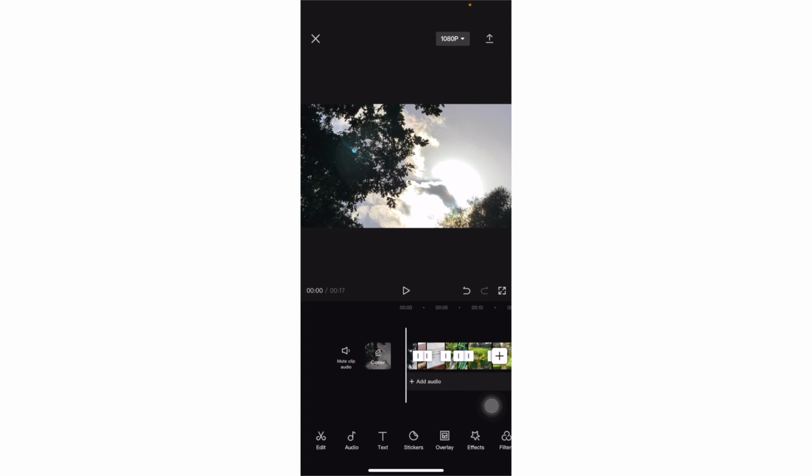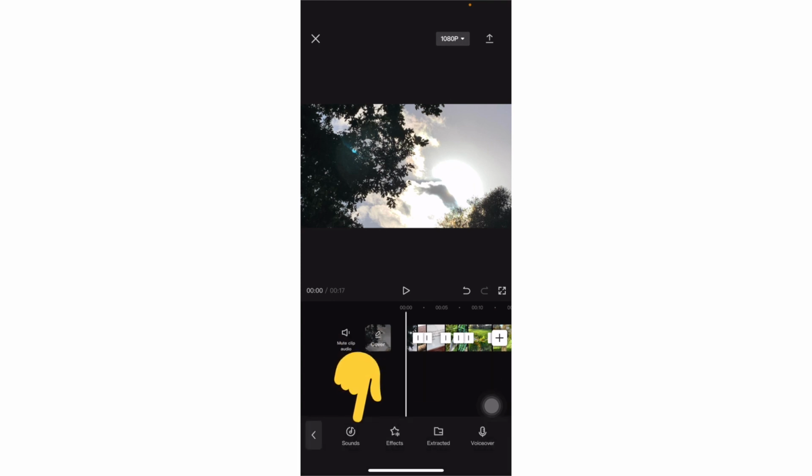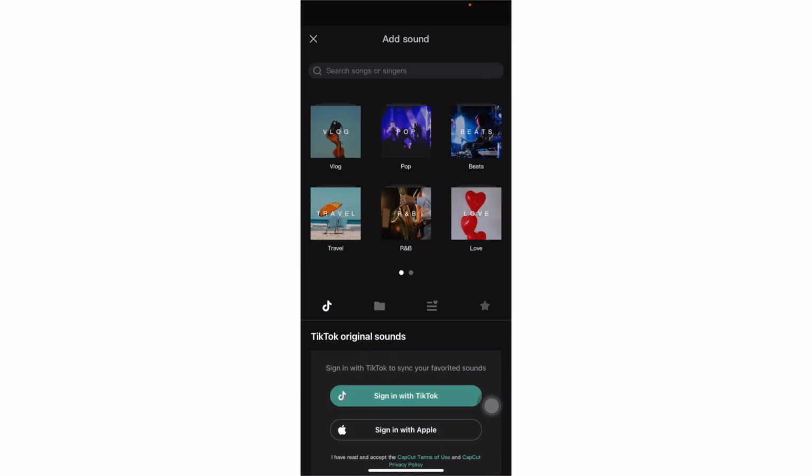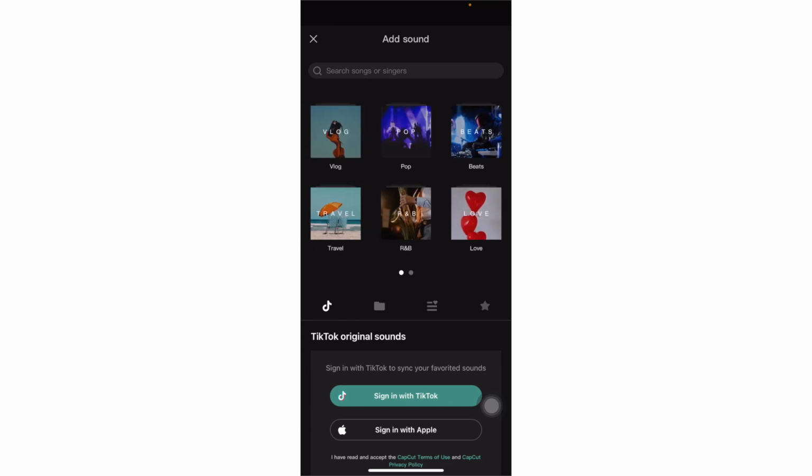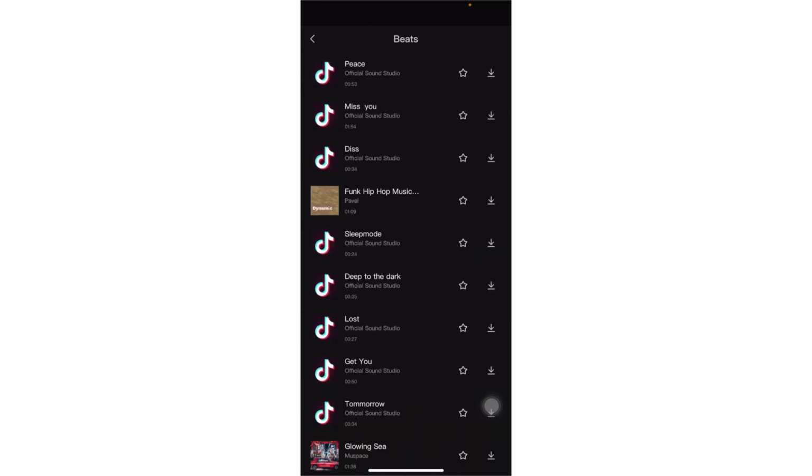We could use some music. And to do that, I'm going to the bottom row where all the editing stuff is, and I choose audio. And there you see I can not only add sounds, but also some sound effects and even a voiceover if I wanted to do that. But I'm going to click sounds, and then you discover there's a lot of sounds and music that CapCut lets you use. I'm going to search for something easy.